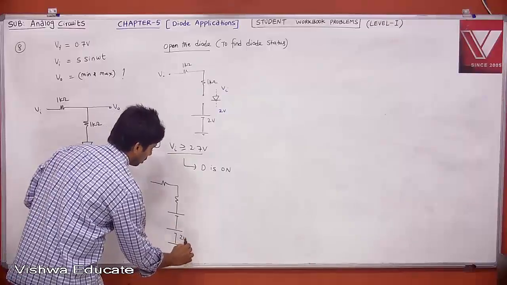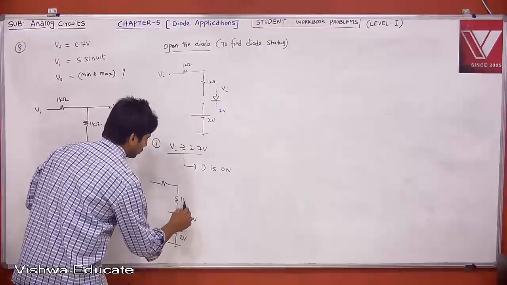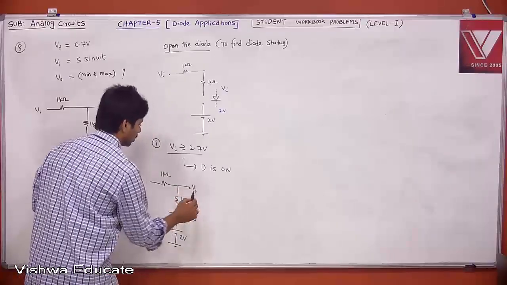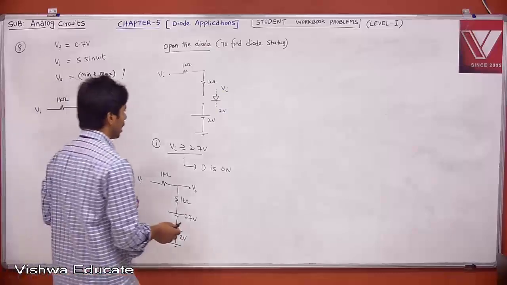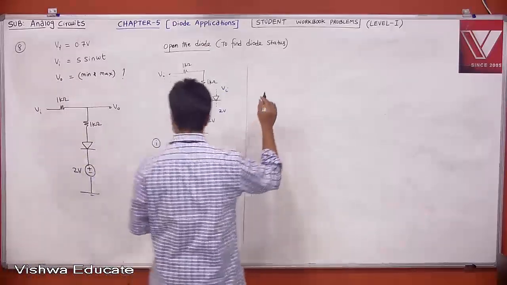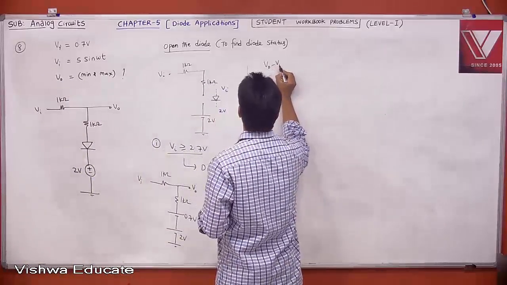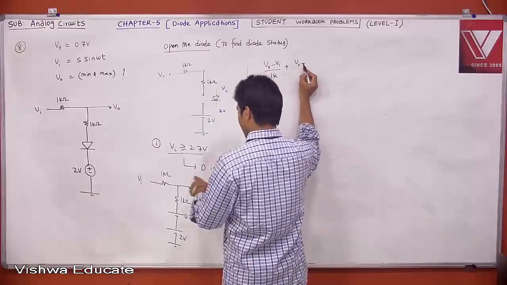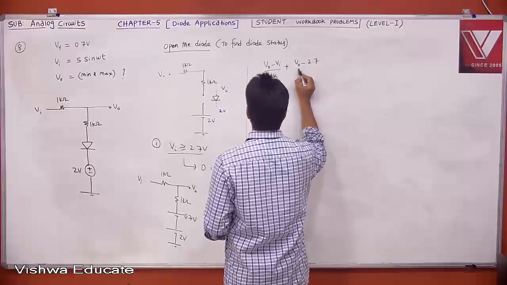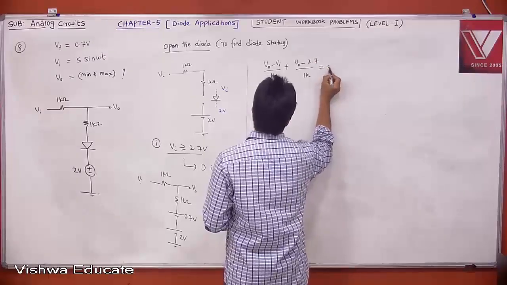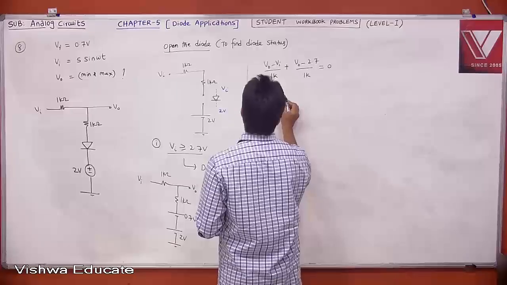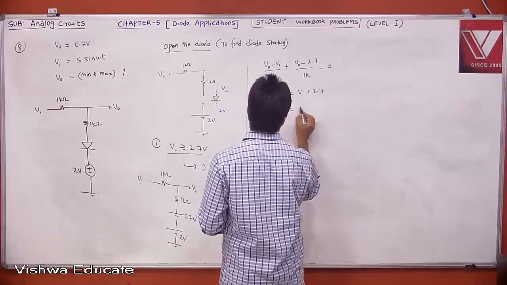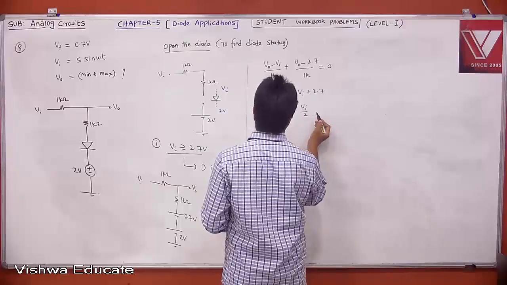This is your 2 volt and 0.7, and this is 1K, this is 1K, this is VI, and this is V0. Then how will you find V0? Nodal analysis. If you know nodal analysis, V0 minus VI divided by 1K plus V0 minus 2.7 divided by 1K is equal to 0. 1K will be cancelled. 2V0 is equal to VI plus 2.7. Therefore, V0 is equal to